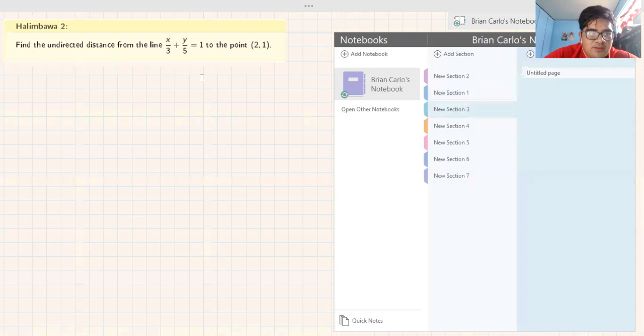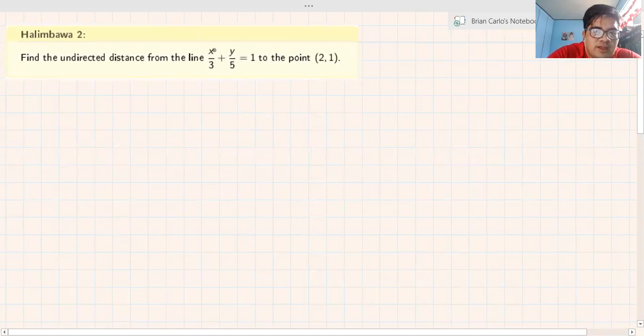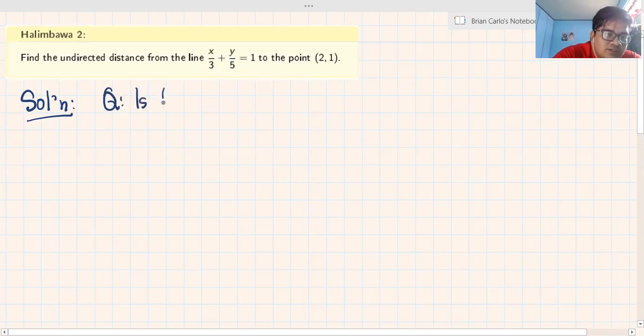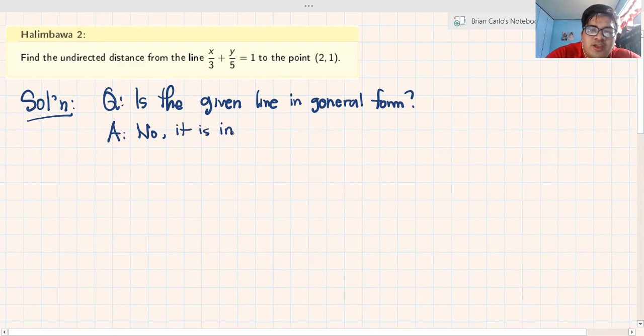Ngayon, then the next example, find the undirected distance from the line x over 3 plus y over 5 is equal to 1 to the point 2, 1. Solution. Always ask ourselves, question: is the given line in general form? Answer, no. It is in, ano yan? Anong form yan? Yan yung x over a plus y over b is equal to 1. Ano yan? In the intercept